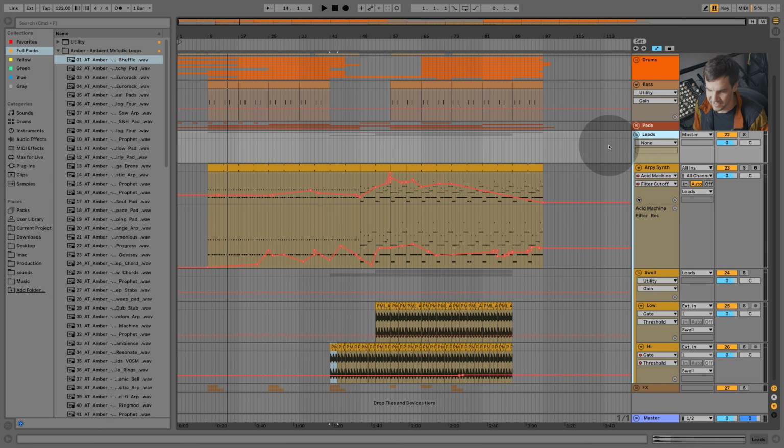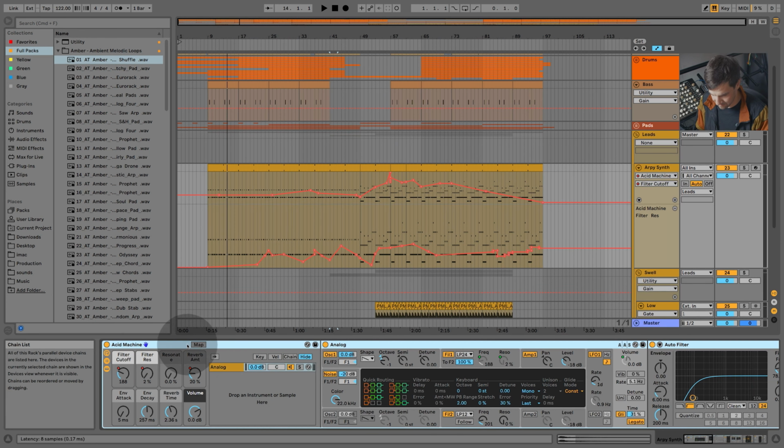Okay, here for the all-important leads channel, we have the acid machine, which is an Ableton preset that I tweaked very slightly. It's based on Analog, and it's got a resonator in there, and reverb, although we're not using the resonator. Could actually delete that. But it's playing sort of this arpy sequence that will increase in speed and complexity over